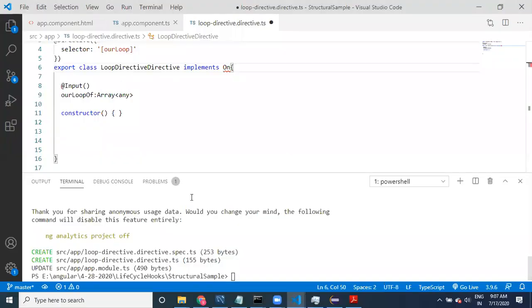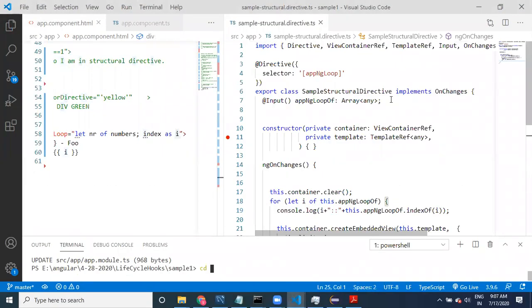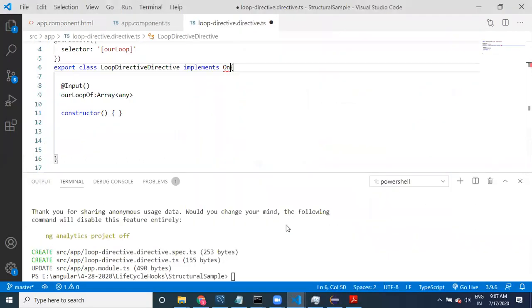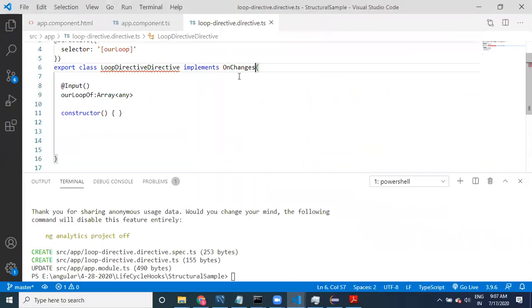Properties related, right? And changes, this is going to be changes. This is the interface. Now let us take a method, ngOnChanges.